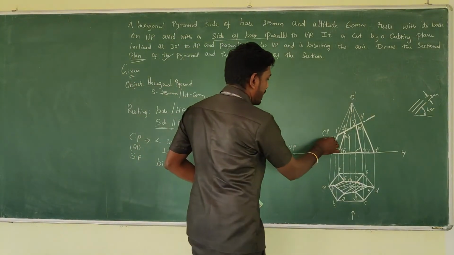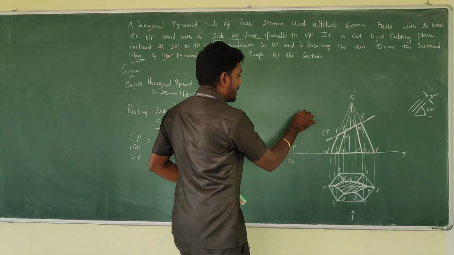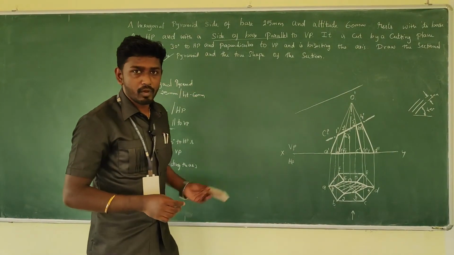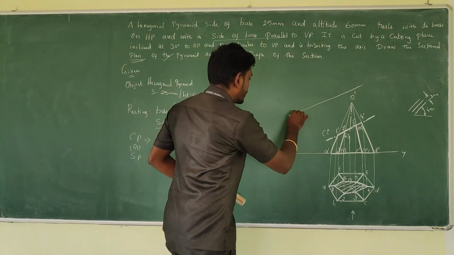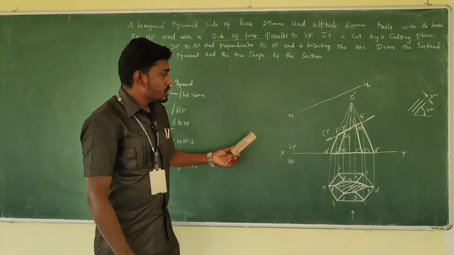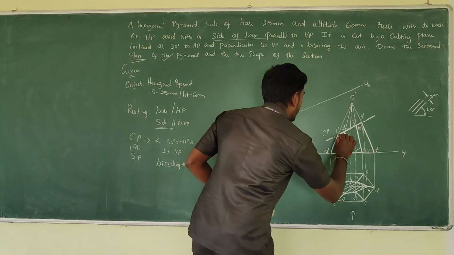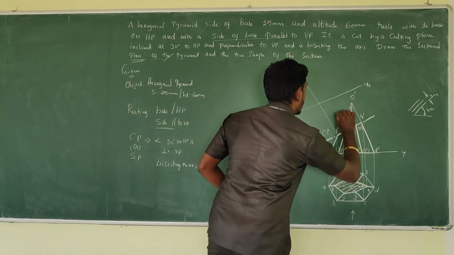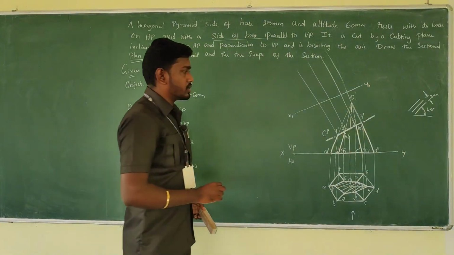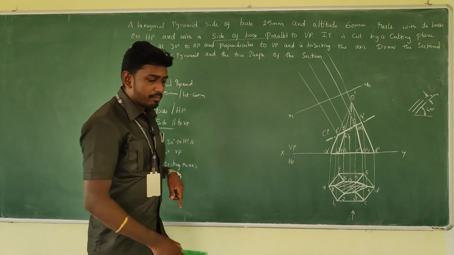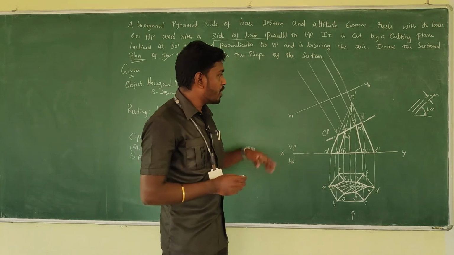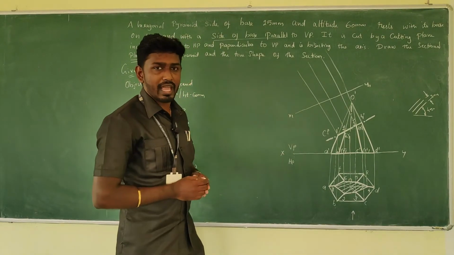We will have the auxiliary plane just parallel to the cutting plane or section plane. Just draw the parallel line. It is nothing but the new reference line x1 y1, which we call the auxiliary plane. Now take the projector from each and every cutting point, 1, 2, 3 as well as 4, something like this, and you will get it. Afterwards measure the respective perpendicular distance from the top view and convey it to the projector line.